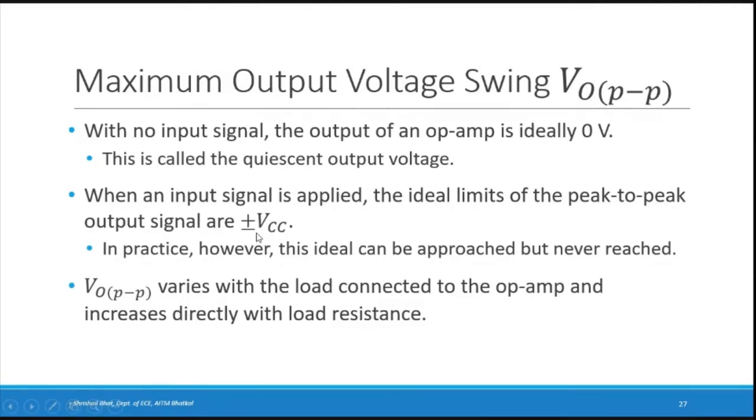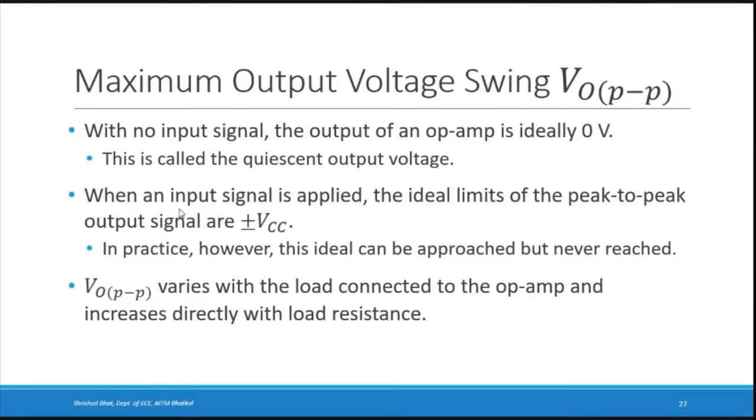Right. So the power supply that you give to an op-amp, there are two power supplies, one is positive plus VCC, another one is negative minus VEE. So the maximum swing that the output can have is limited by this particular power supply. In the positive it is plus VCC, in the negative it is minus VEE. Since the magnitudes of VCC and VEE are the same, you can say it is plus or minus VCC. So that's the maximum limit that the output voltage can swing.